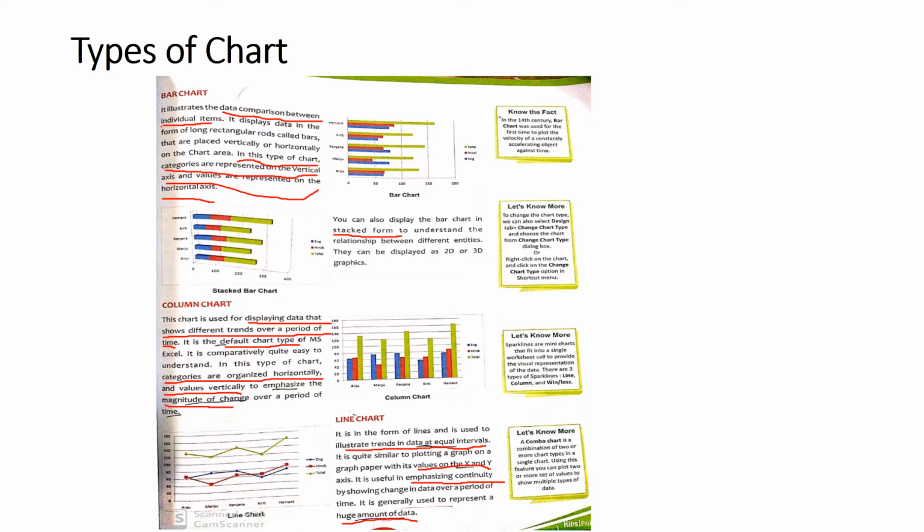As you can see in this diagram, these colored lines, green, red, blue, are the bars, known as rectangular rods, and they are placed vertically or horizontally on the chart area. In this type of chart, categories are represented on the vertical axis and the values are represented